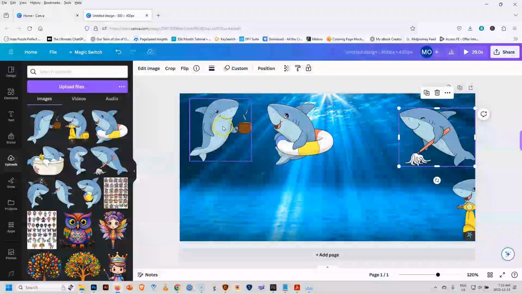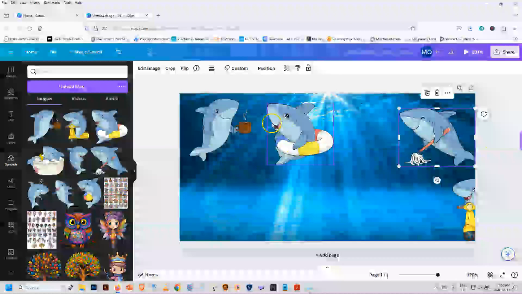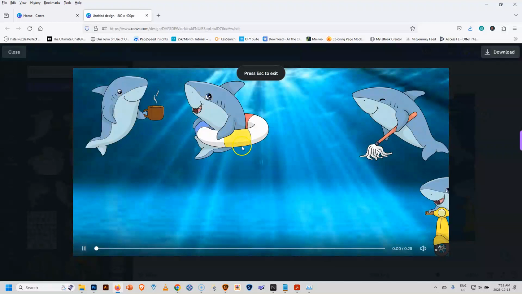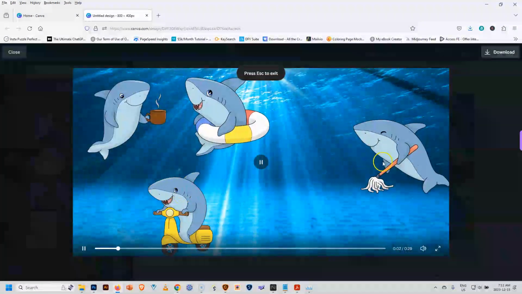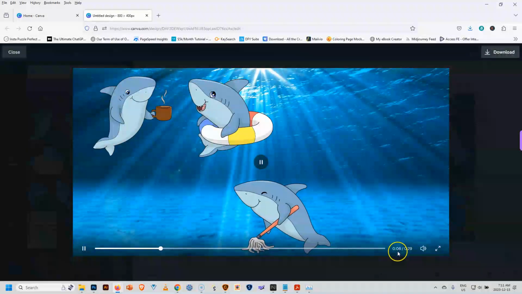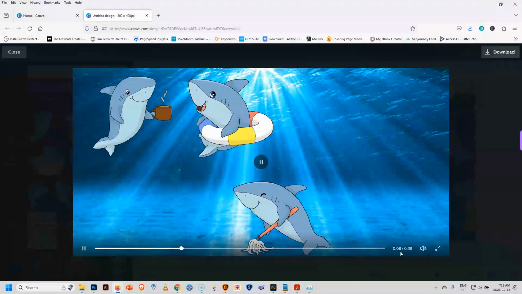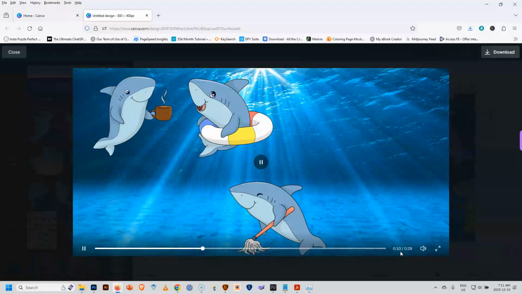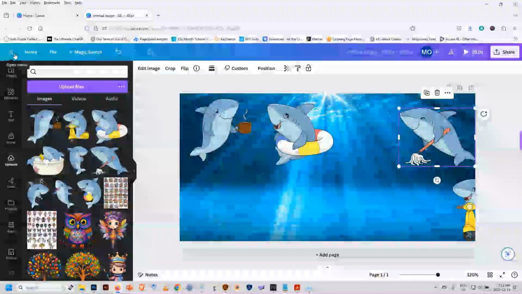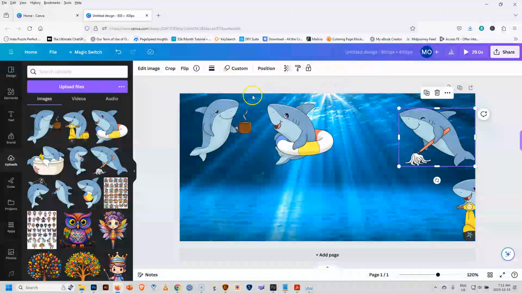Now, one thing is the animations that I put in there, they're very short, right? So if you come up here, it's like a 29-second video, and that's because of the background. But play this and you'll see when these animations end. Like look down here, and it's only like an 8-second video, really, right? So I'm going to come back up here and close, and then I'm going to click